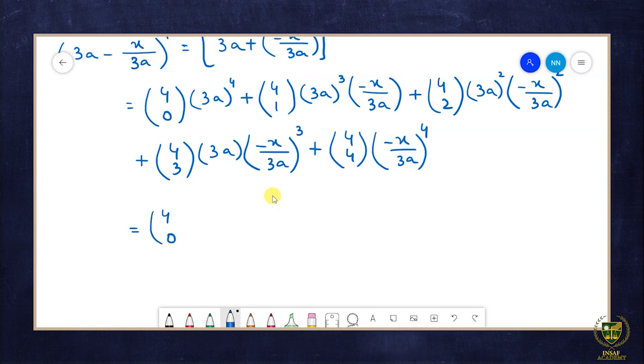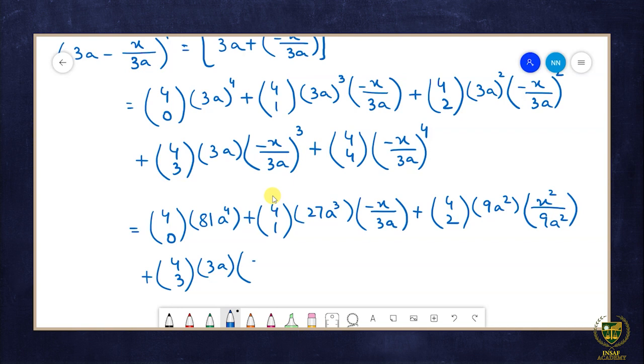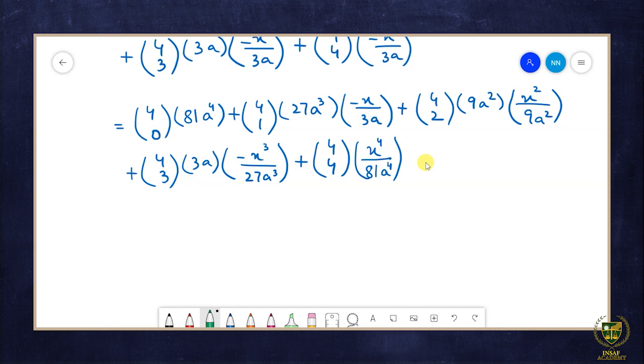This is equal to 4c0 into 81 into a raised to the power 4 plus 4c1 into 27 a cube into minus x over 3a plus 4c2 into 9a square into x square over 9a square plus 4c3 into 3a into minus x cube over 27a cube plus 4c4 into x raised to the power 4 over 81 into a raised to the power 4. अब यहाँ पे ये जो बाइनोमियल कोफिशिएंट्स है इनको फाइंड कर लेते हैं।